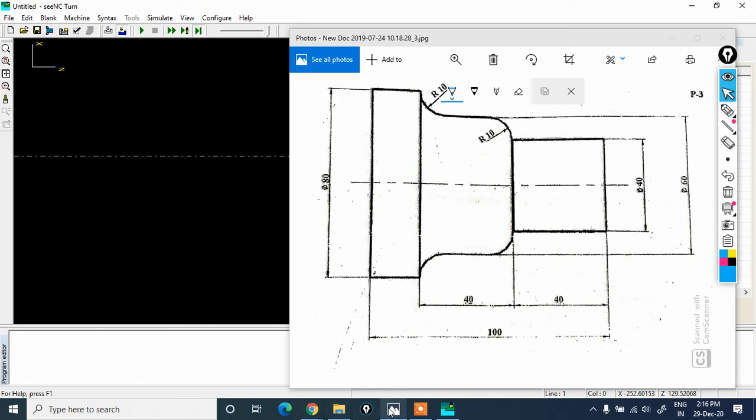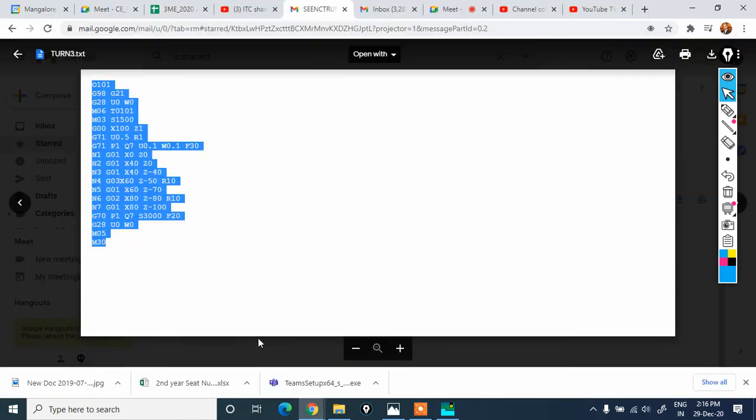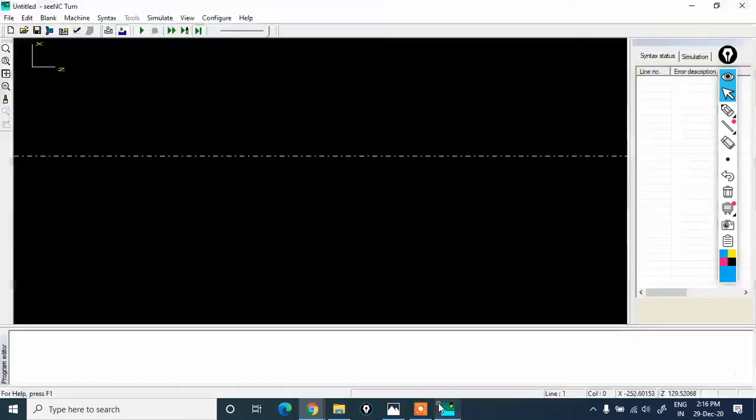So let us consider the program. Control C, this is the program. Let me start. Control V, you just paste. I have typed the same in notepad, and here you need to just paste this, give a space so that the error will not happen. Please check this. In circular interpolation, one more thing, we need to define the radius also, which I have not mentioned.